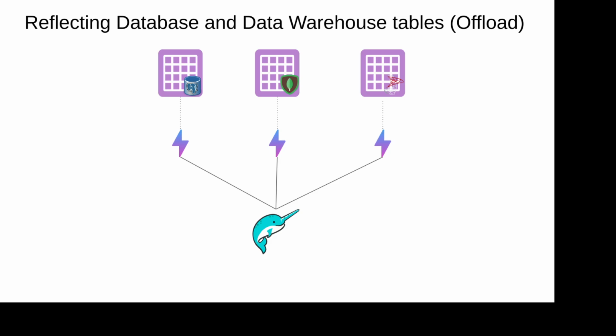But what if that Postgres server is also being used for other operational systems? Well, now I have analytical queries and operational queries hitting that server, and it might not be able to handle the load that's coming in. What I can do is offload it by turning on reflections. By turning on reflections on the tables in these databases, Dremio is going to create that Apache Iceberg version of it on your data lake automatically.